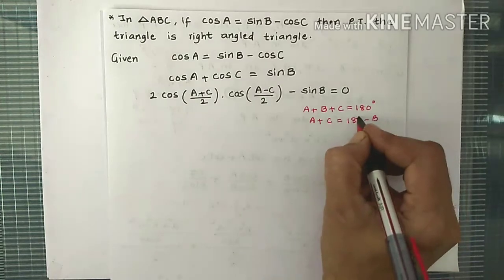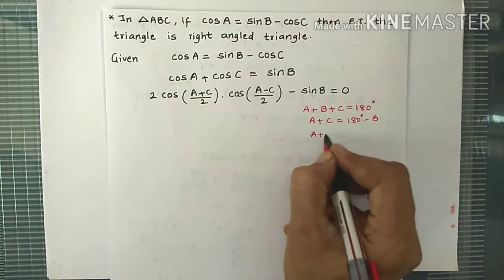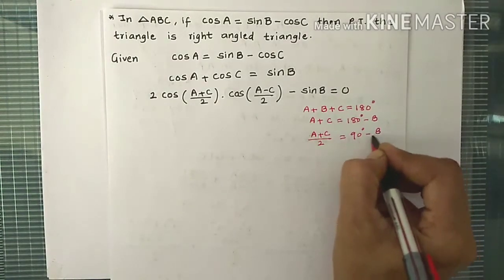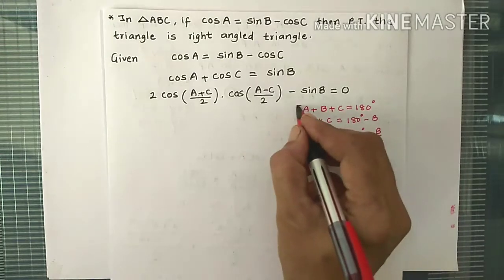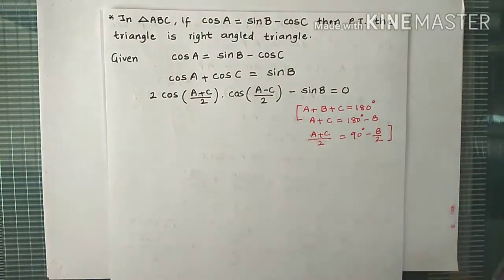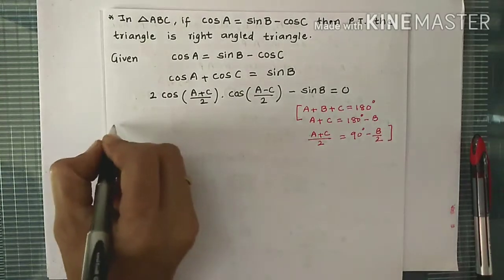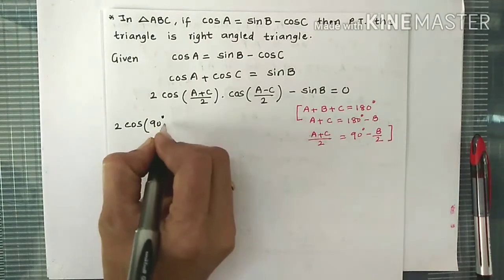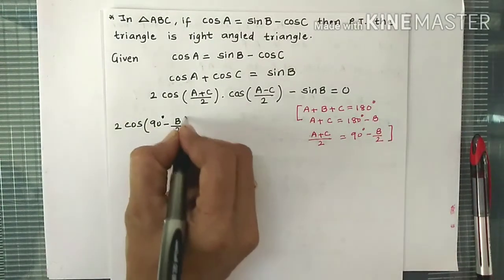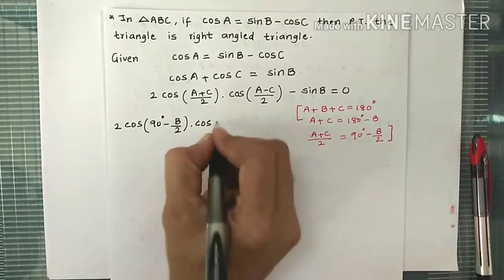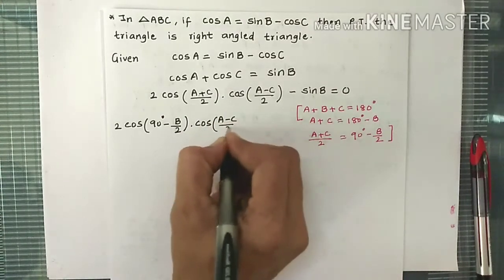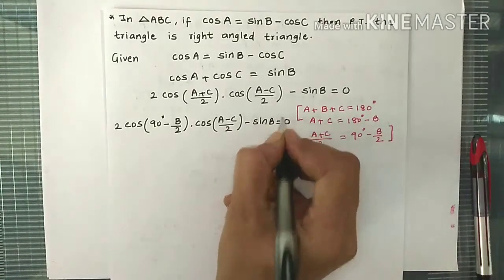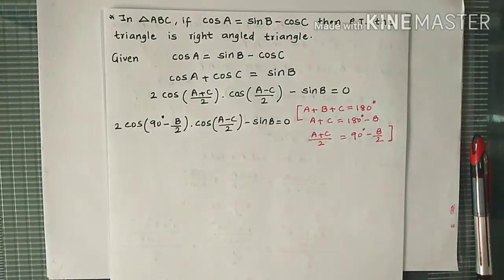Now since we have (A plus C) upon 2, let's divide these terms by 2. So (A plus C) by 2 gives us 90 degrees minus B by 2, dividing each term by 2. So (A plus C) by 2 can be replaced by 90 degrees minus B by 2. So 2 cos of (A plus C) by 2 is now 2 cos of (90 degrees minus B upon 2) into cos of (A minus C) by 2, minus sin B as it is,